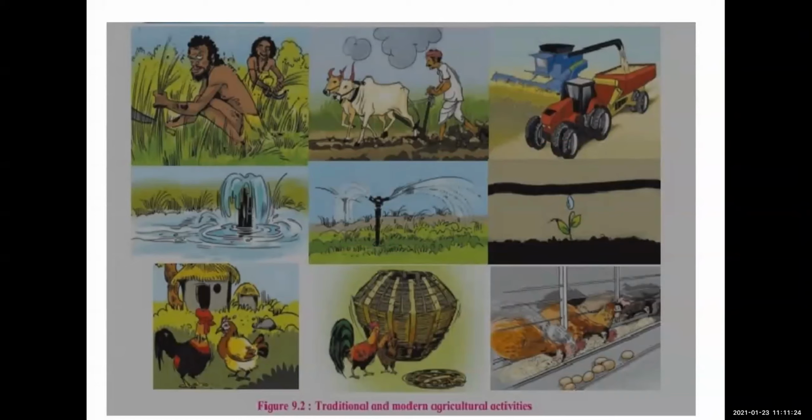Later on, as man evolved, he learned the art of cultivation, and he started getting greater production from the land. You all must remember how he started settling near the banks of rivers. Why did he start doing that? Because for agriculture, water is needed. So he doesn't have to roam here and there for obtaining water. So near the banks of rivers, he started settling.